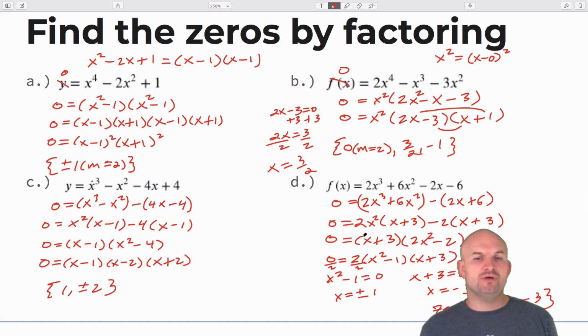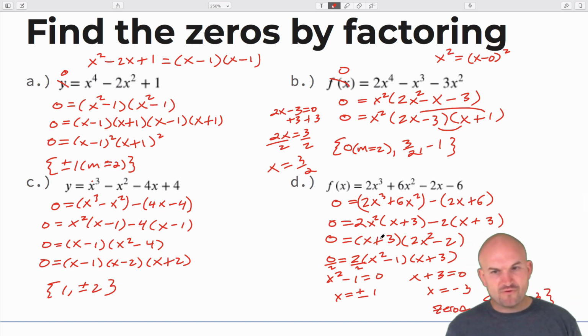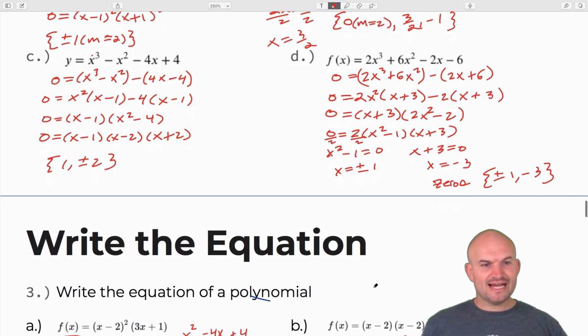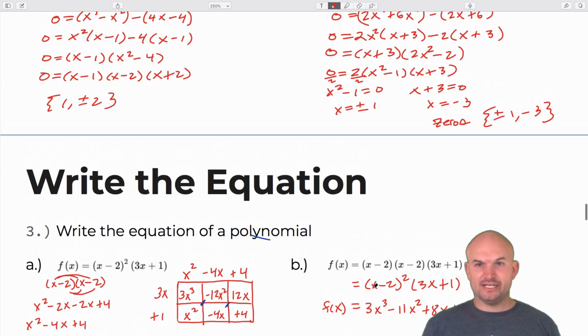We wrote the polynomial in factored form via factoring. Then once it was in factored form, we set it equal to 0 to find the zeros, because that's the definition of finding the zeros. We could set each and every factor equal to 0 via the zero product property, and then we solve to find the zeros. And so, therefore, in our next example, we're going to want to write the equation, which is